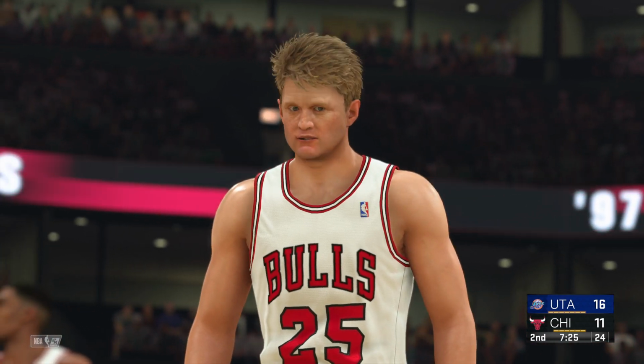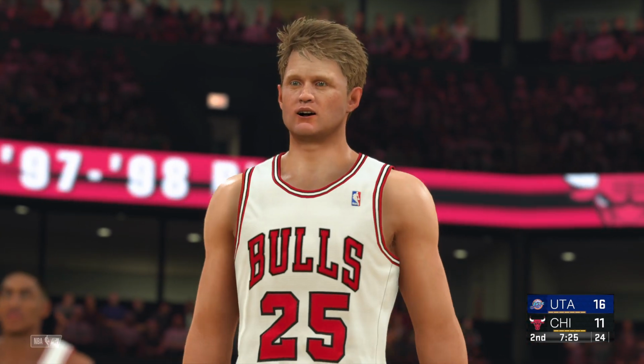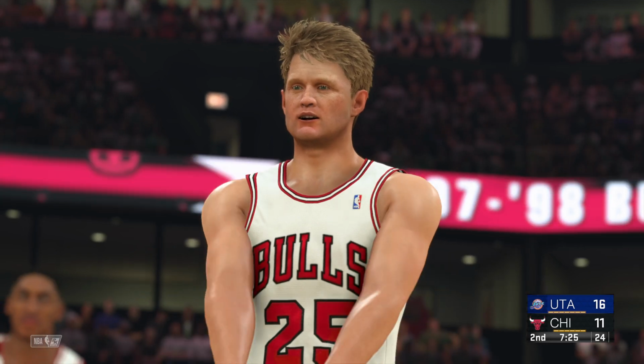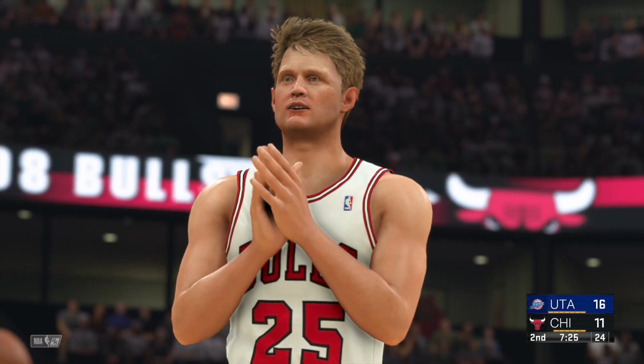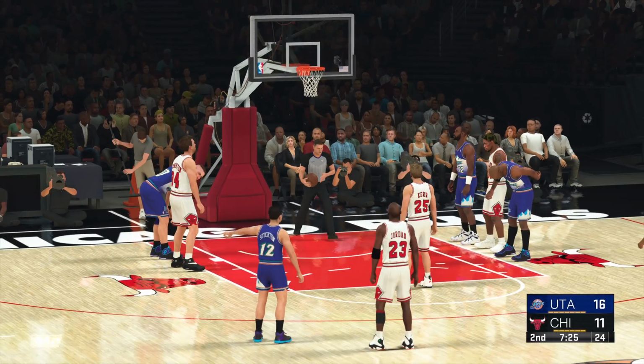And intelligence. For your Bulls. And what do you guys think so far about the offensive approach for Utah? 2 shots. Shoot 2.